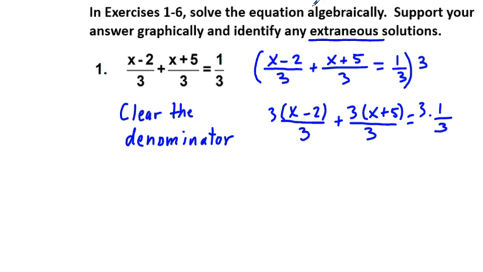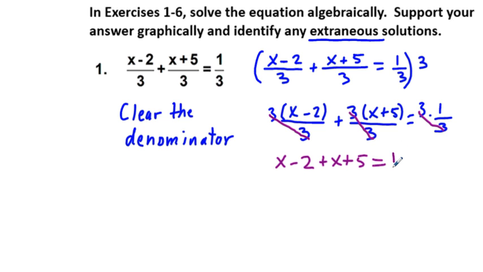And what we have here is cancellations: 3 over 3 cancels to 1, 3 over 3 cancels to 1, 3 over 3 cancels to 1. And what do we have left? We have x minus 2 plus x plus 5